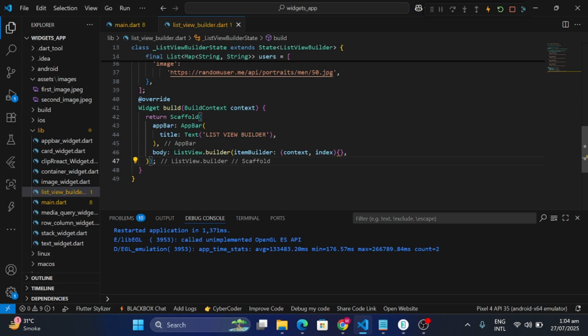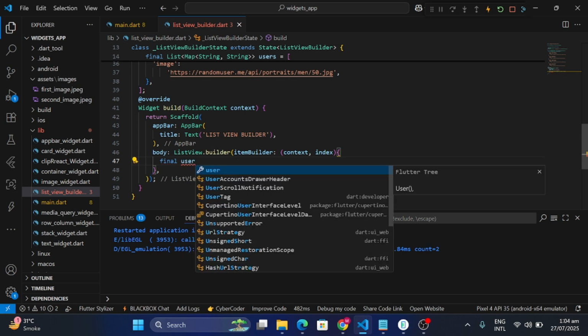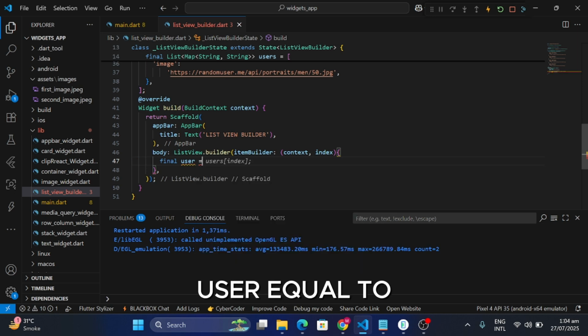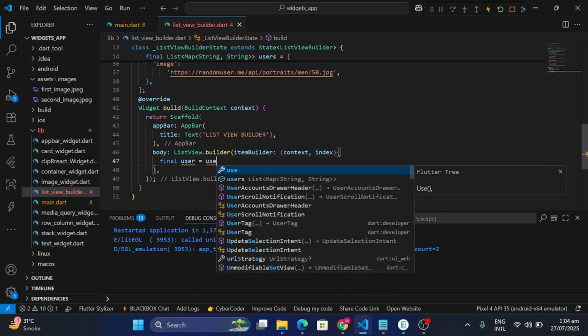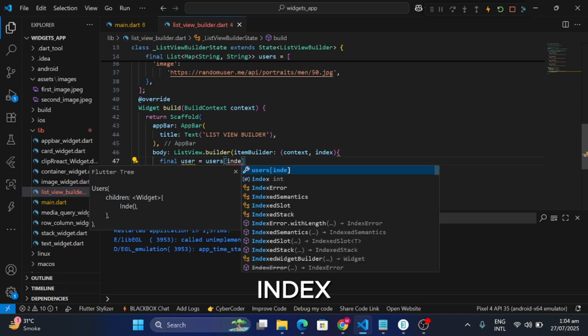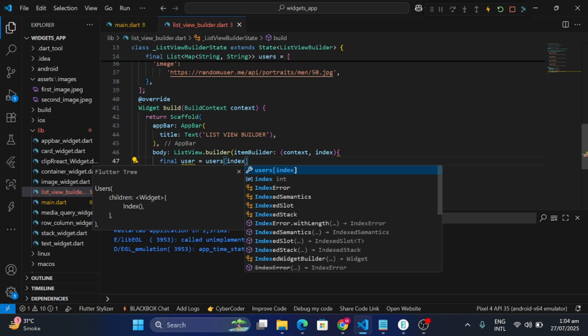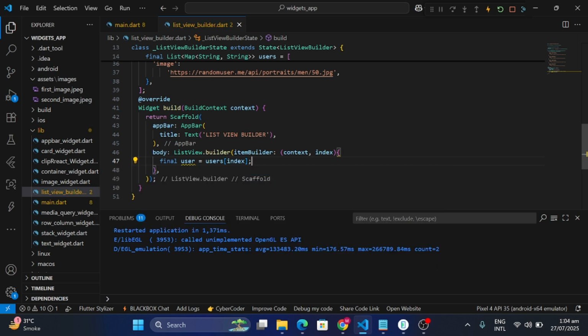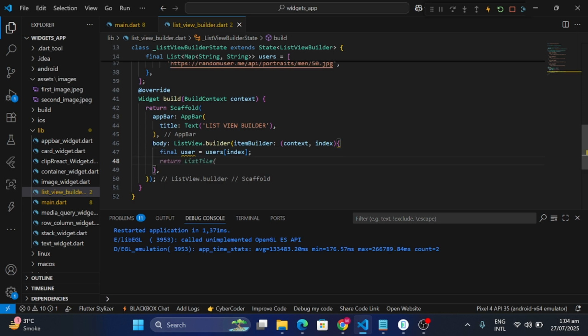final, user equal to users, index, return,